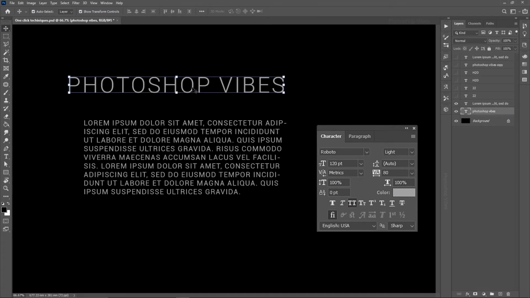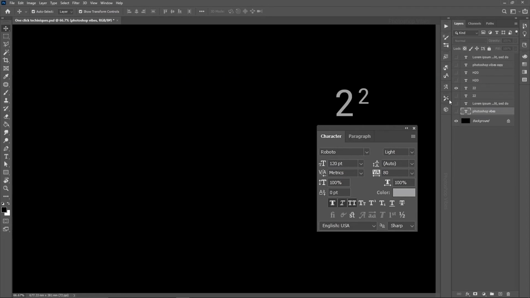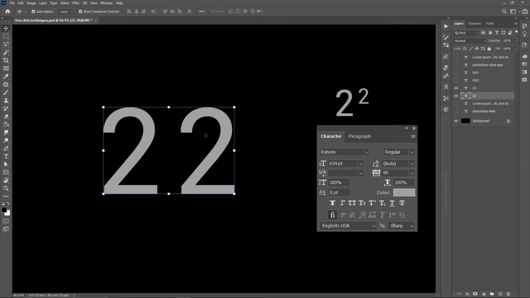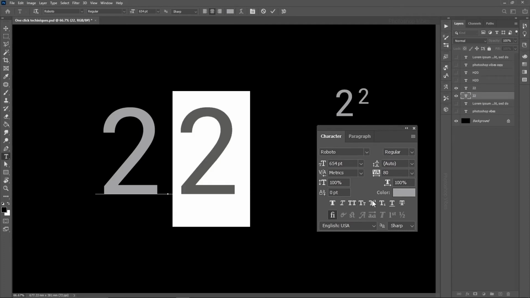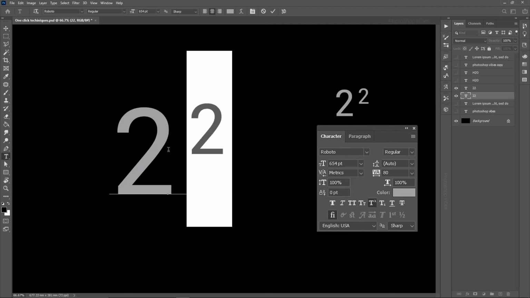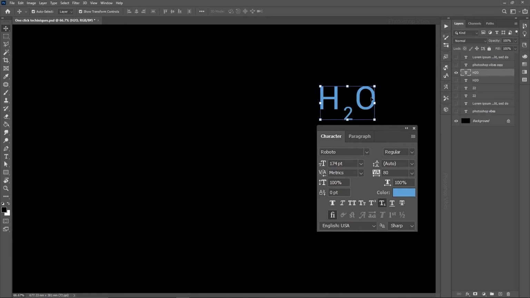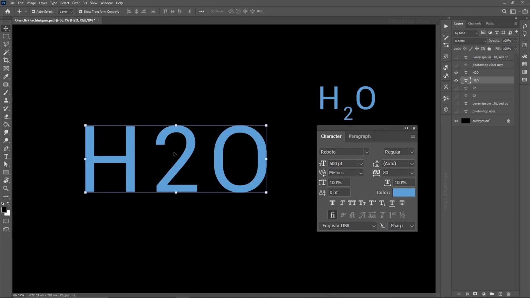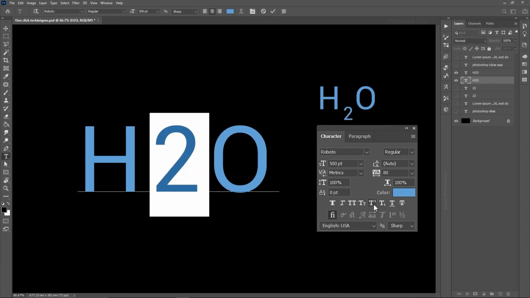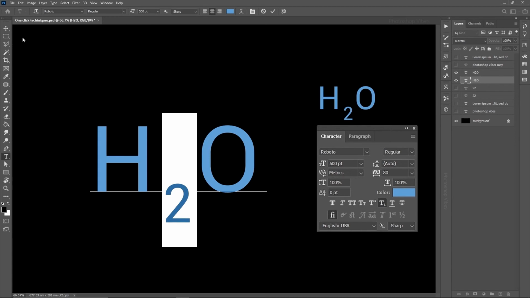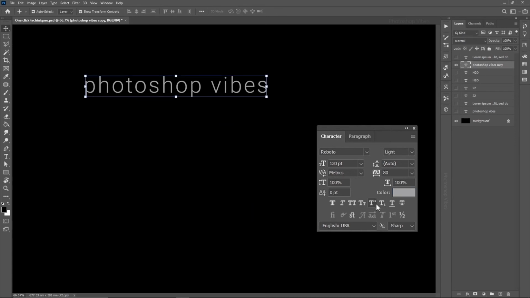And here we have a few more options to explore, like bold, italic. If you don't have the option bold and italic for your text, you can make use of this bold and italic. To achieve the superscript text like this, just select the text and click on the superscript icon. Here you can see the changes. For the subscript text, just select the text and click on the subscript icon. And here we have the other options like underline, strike through. You can make use of those.